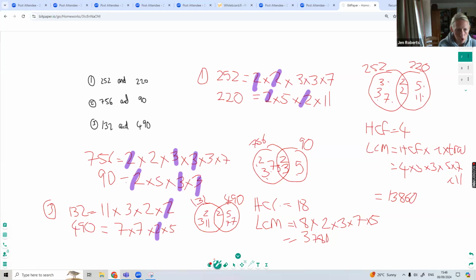So your HCF is just 2. And your LCM is your HCF, which is 2, times the extras. So times 2 times 3 times 11 times 5 times 7 times 7, which is 2 times 2 times 3 times 11 times 5 times 7 times 7,